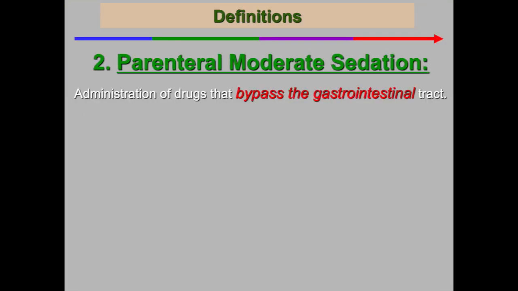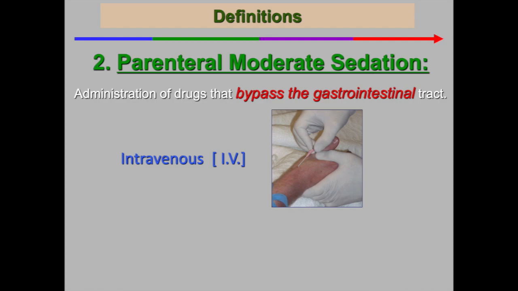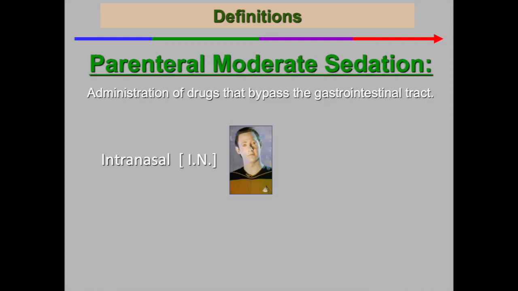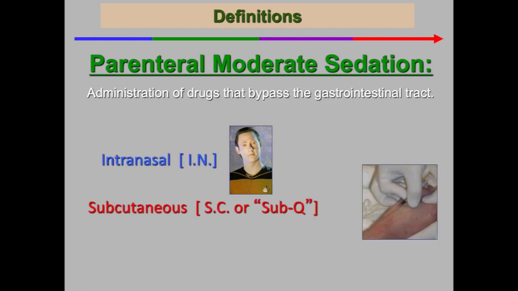So let's now talk about the parenteral moderate sedation level where we're bypassing the GI tract. So we're going around the GI tract. And those routes are intravenous, intramuscular, intranasal, subcutaneous,